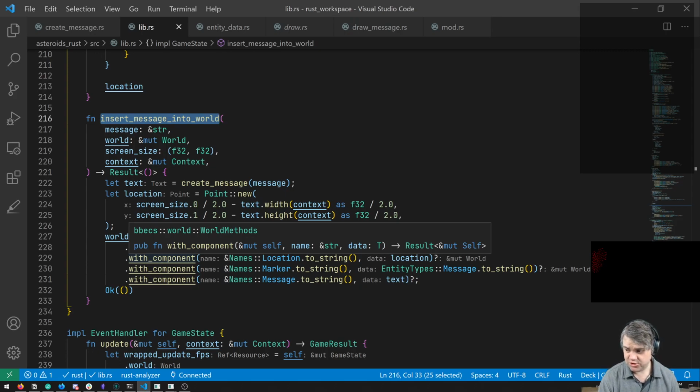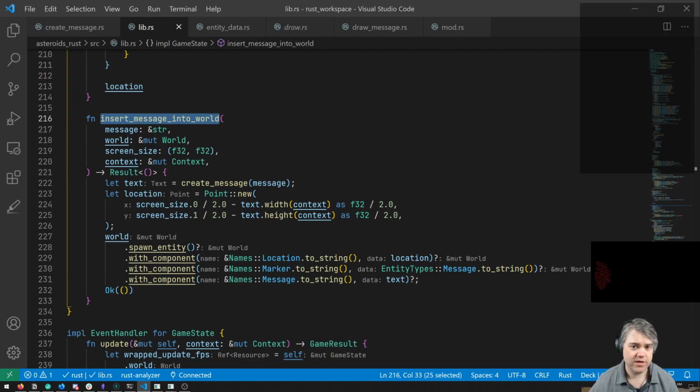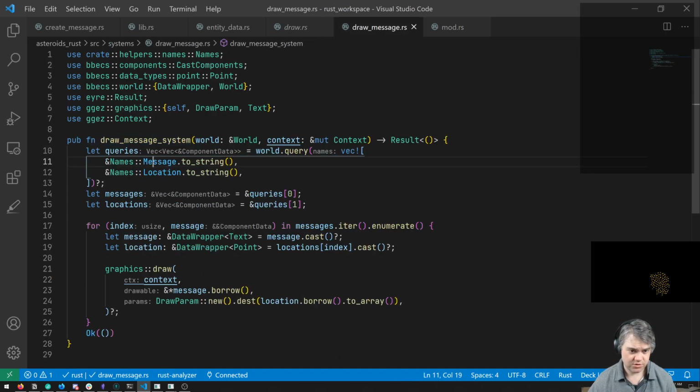Which means we should be able to extract it out with a query. And so this is names location and names message. So names message and names location. Okay. So give me everything that has both of those, but for some reason the bitmap isn't working the way I want it to.